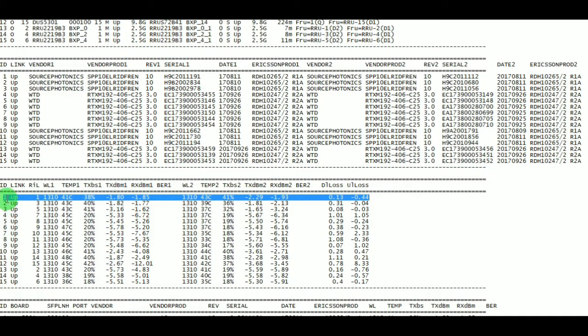As I said earlier, link ID 1 represents FDD 1800 sector 1 RRU. So this portion represents FDD 1800 sector 1 on the baseband side.